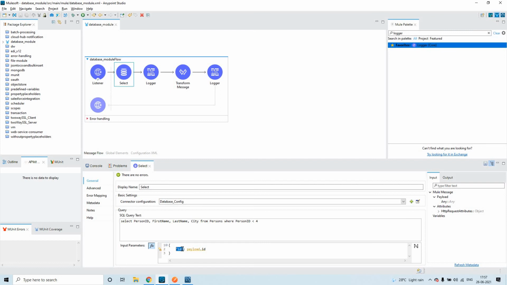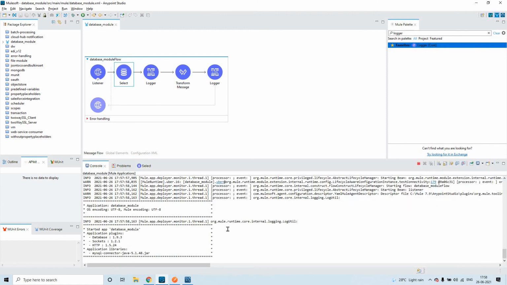In order to assign this value to this query, you have to write person ID less than colon ID. This will fetch the value from this particular key, whatever I have selected just now. These two should be matching. So this is how you can pass the values dynamically.